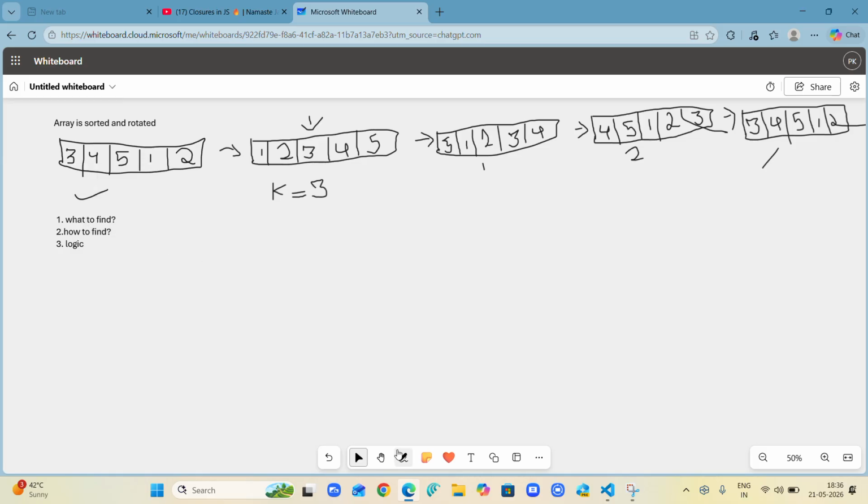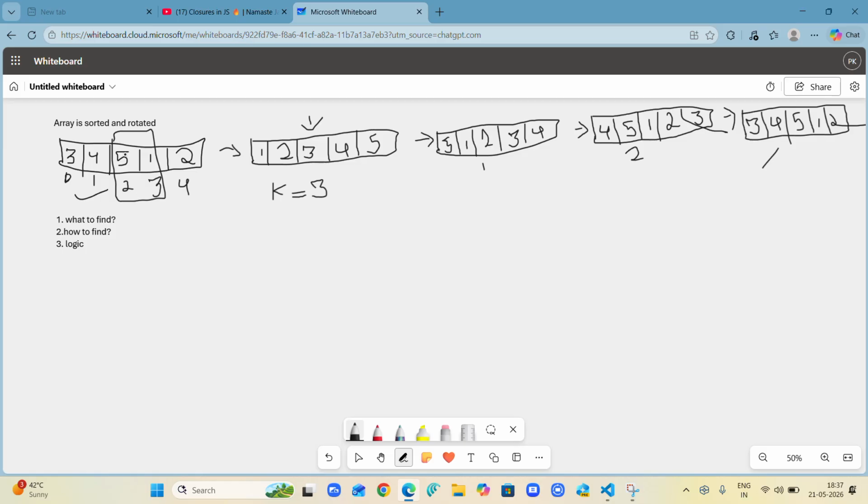Now moving ahead, don't you realize that this has become the 0th position, this the first position, this the second position, this the third position, and this the fourth position. So there is a break point over here, from where it is sorted, the index where it had moved, the third index. So for the third index, meaning the third element, which belongs, of course, to the second index, but it's the third element.